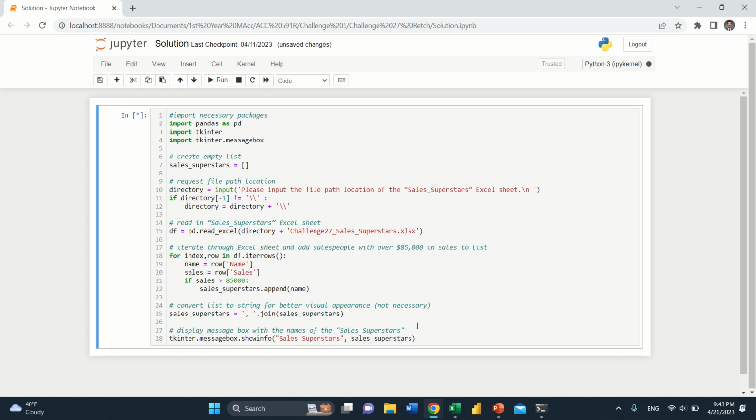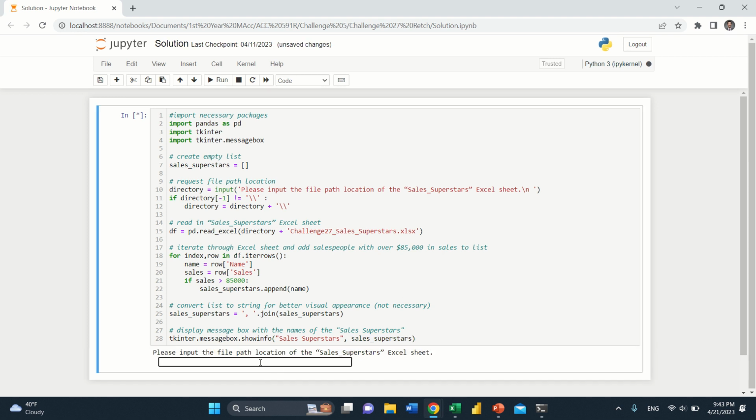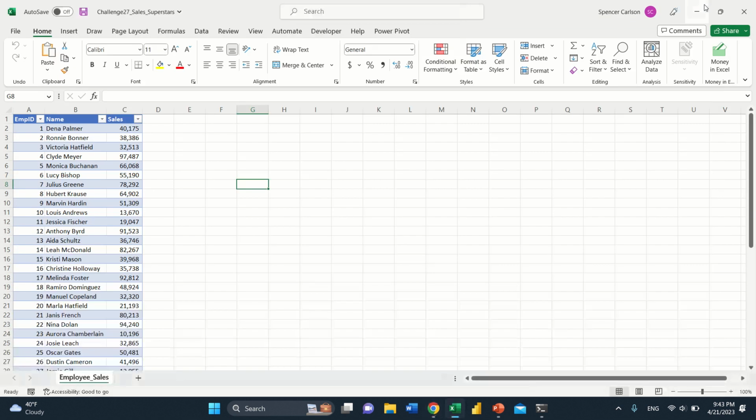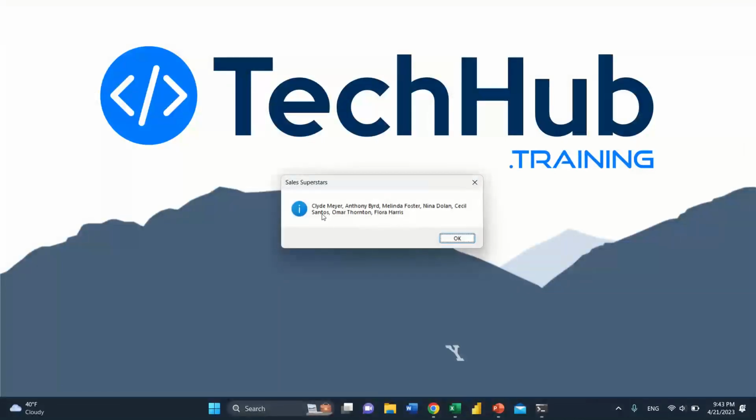Okay, let's go ahead and try it out. All right, input the file path location. All right, I think the box, yep, it's displayed right here. So these are the names of all the employees that had over